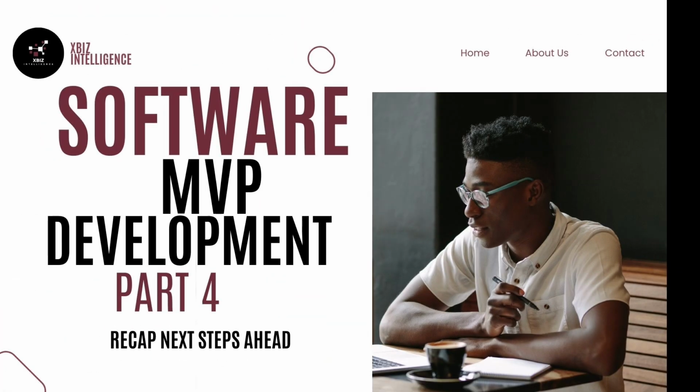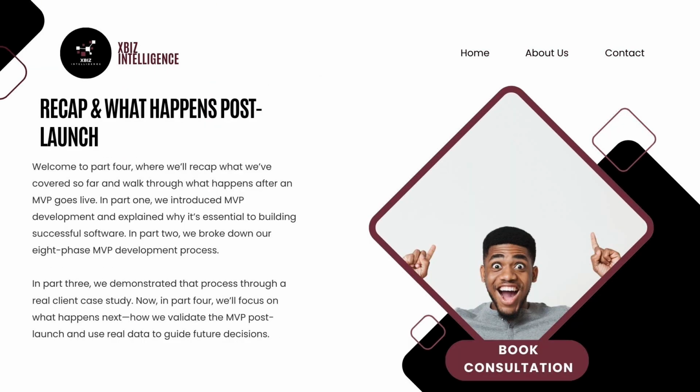Welcome to part 4, where we'll recap what we've covered so far and walk through what happens after an MVP goes live. In part 1, we introduced MVP development and explained why it's essential to building successful software. In part 2, we broke down our 8-phase MVP development process. In part 3, we demonstrated that process through a real client case study. Now, in part 4, we'll focus on what happens next: how we validate the MVP post-launch and use real data